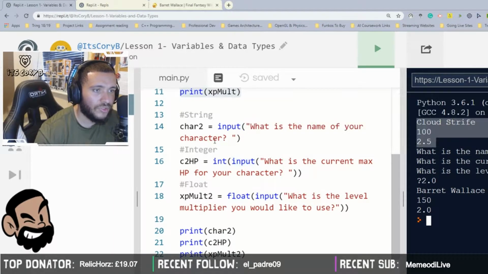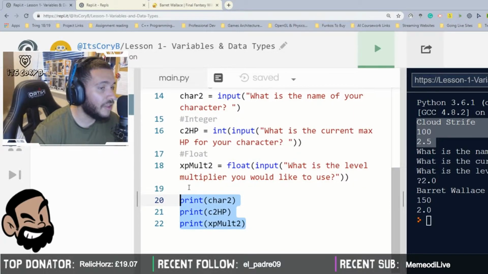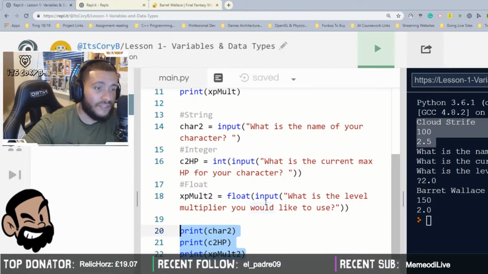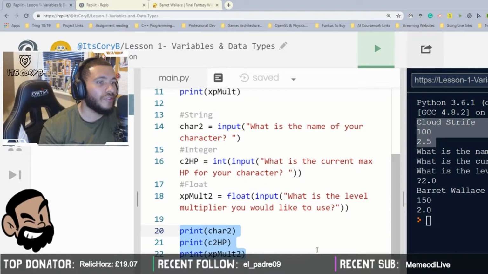was to allow inputs as well. So we had an input for the character name, an input for the character HP, and an input for the character multiplier as well. After that, just like we did with the one before, just outputting the character values to the screen. So they are 3 different ways and 3 different types of data that you can use with variables